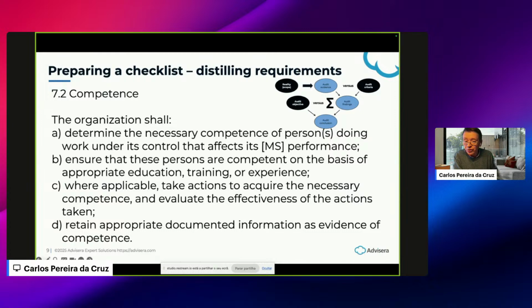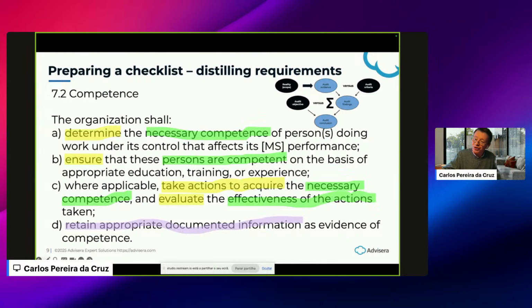In my approach, I read a clause, the audit criteria, and I highlight relevant verbs, because verbs are action. In this figure, the underlines are in yellow: the verbs determine, ensure, take action, acquire, evaluate. And then I highlight what is changed or acted on by those relevant verbs. In this figure, the underlines are in green. And then I highlight any mandatory documents or records. I think it's purple.